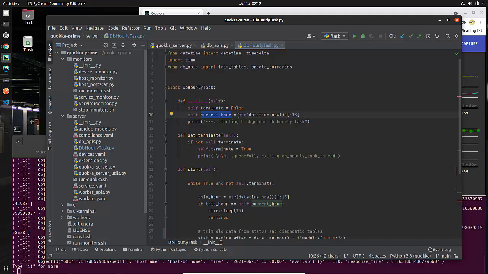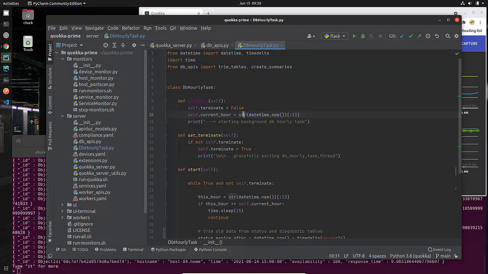Let's look at this a little bit just to understand this, for those of you that aren't Python experts or advanced. datetime.now is going to give me a datetime object, which represents this moment in time. Remember, this is right when it gets created, so it's at the very beginning of me running my Flask application. So this gets called once, but we will reset it over and over again.